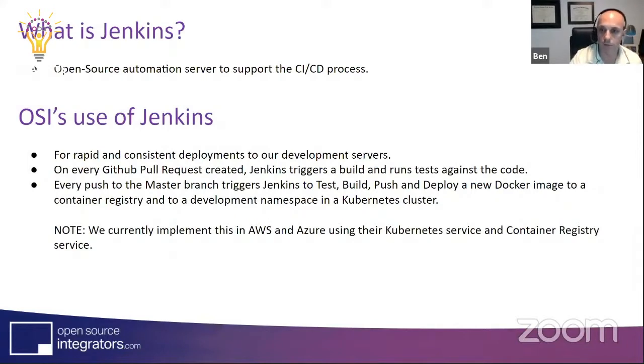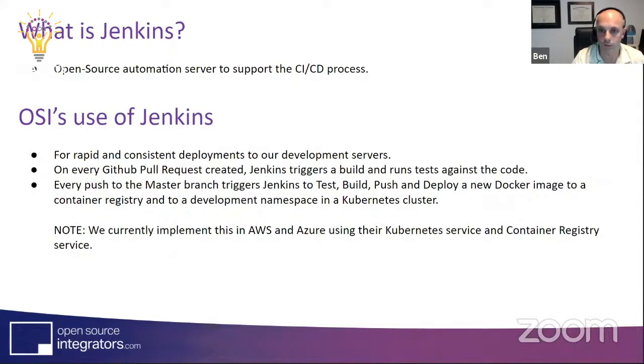Every pull request, Jenkins creates a trigger and builds and tests and runs against the code. So Jevon's going to go through in detail the tests that we're running against the code that's pushed in on every pull request. And then once that is pushed into master, Jenkins then goes and tests, builds, and deploys a Docker image that pushes it up to the container registry, and then eventually pushes it into the dev namespace